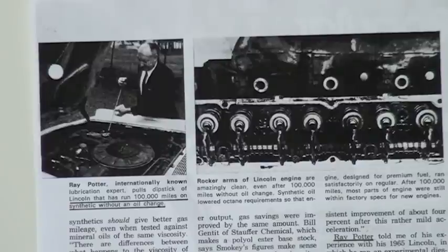Well, back in the 50s, 60s, 70s, Smokey had a garage down at Daytona. And Smokey was a well-known mechanic. He wrote a column in Popular Science called Smokey Says, where people would write in questions and he would answer them. And they interviewed Smokey on the same page, and Smokey tells about running synthetic oil in his 1974